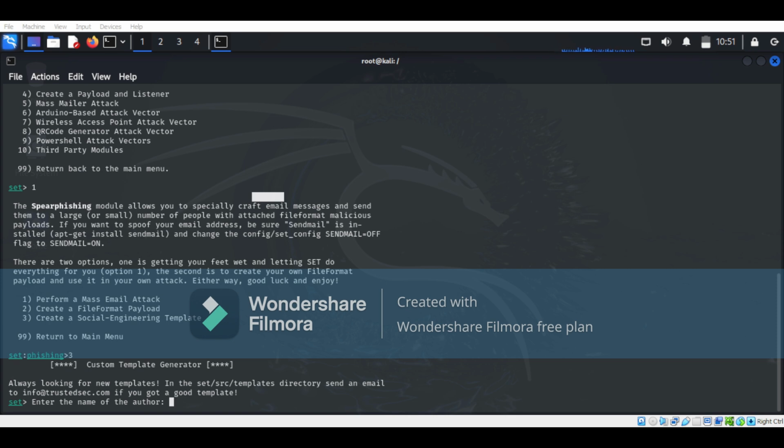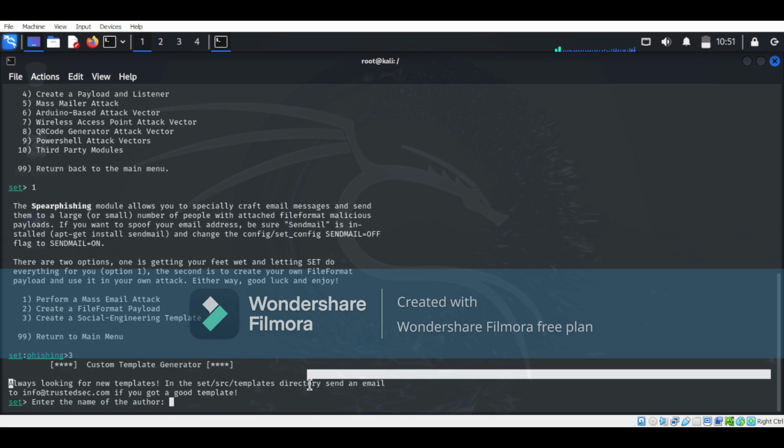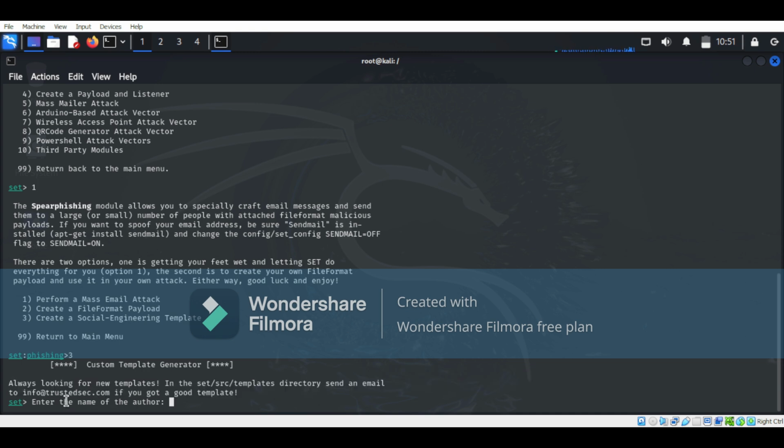Infectious media generator, create a file format payload, is actually to choose the type of file you want to generate. It actually makes a PDF, Word documents and Excel file. Understand? For example, enter the name of the author. You need to read this like that, okay, and same like that. For example, I copy this one and I type here,